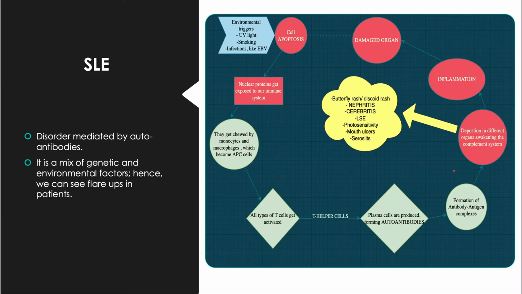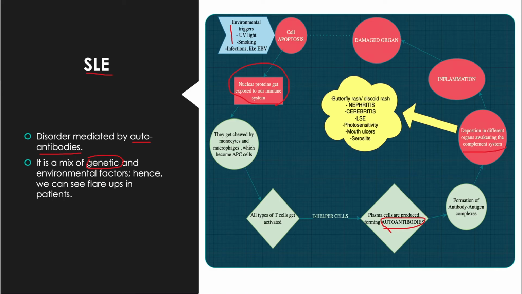And then let's talk about systemic lupus erythematosus. This is one of the disorders that is mediated by autoantibodies, and the etiology is going to be genetic and environmental factors. So, now let's talk about the pathogenesis. First, environmental triggers will cause cell apoptosis, and this will eventually lead to the nuclear proteins being exposed to our immune system. Now, because the nuclear proteins are exposed to the immune system, there's going to be the normal pathway of antigen presentation, T helper cells being activated, plasma cells producing autoantibodies, and antigen antibody complexes being formed, and this will